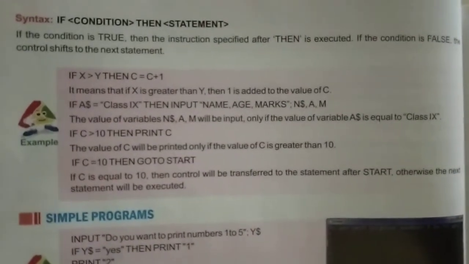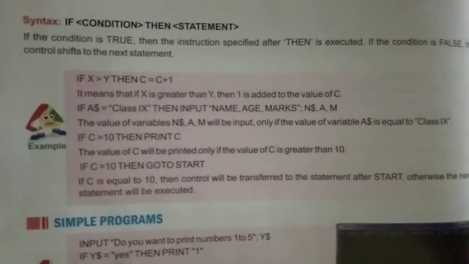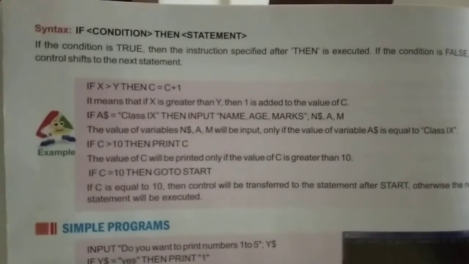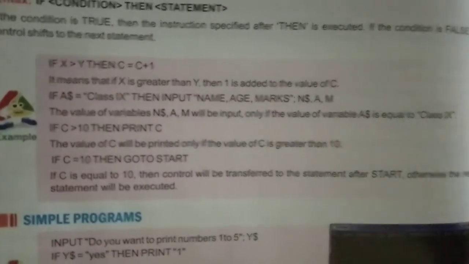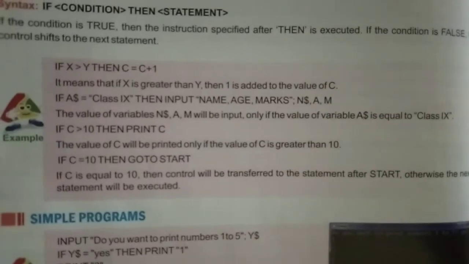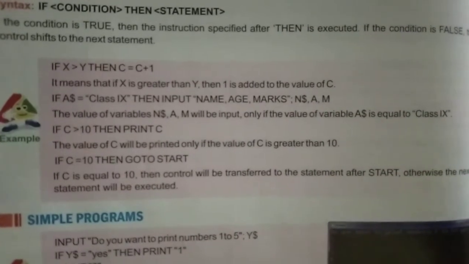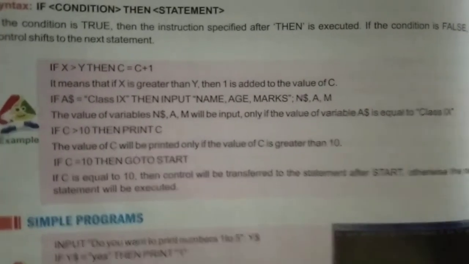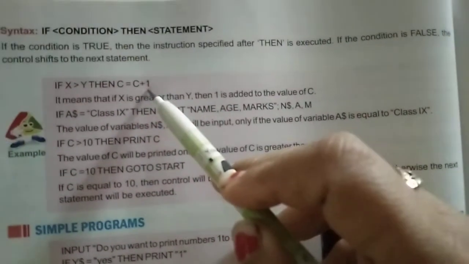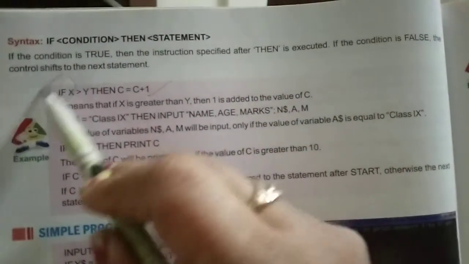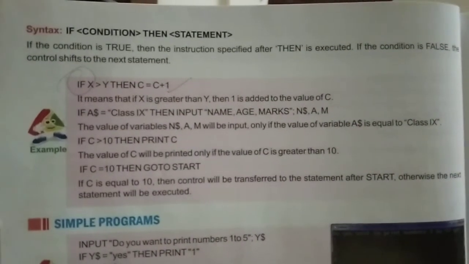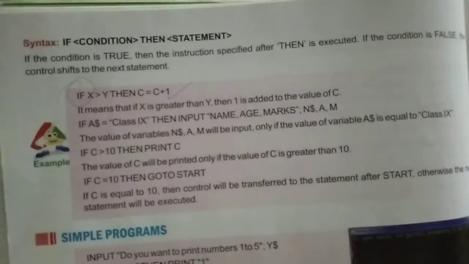Now my second program, or second condition, is related to the if condition. The if condition is related to a true or false value. Here I want to execute one program, so firstly I enter a value. I can enter that if x is greater than y, then c is equal to c plus 1. So here you can easily see that I put a condition that is called the if condition. These are the various conditions which we can put in our program for its execution.